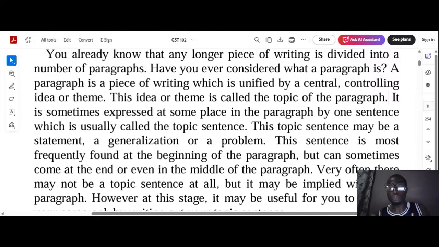But there's something you need to know about the topic sentence. About the idea that is controlling the paragraph. That single idea that you are developing in that paragraph, and that is the main thing controlling the paragraph. There's always one sentence you use to announce the idea that you are passing in that paragraph. That idea is what we call the topic sentence. So the topic sentence of